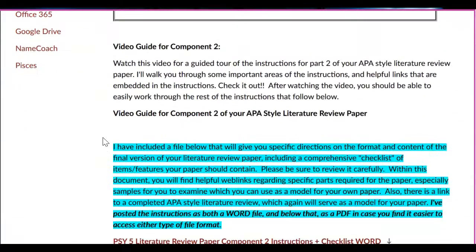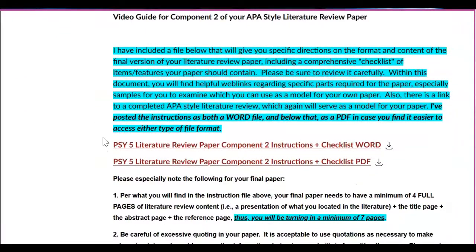But first thing you want to take a look at here is I do have listed a couple of files here. One's in Word format, one is in a PDF format. They're both the same exact files, but they're the complete instructions for part 2 of your paper and also a very important checklist there. So you want to go ahead and take a look at that. So we're going to go ahead and examine that first, and you should definitely make sure that you do the same there too. I'm going to go ahead and open that up there